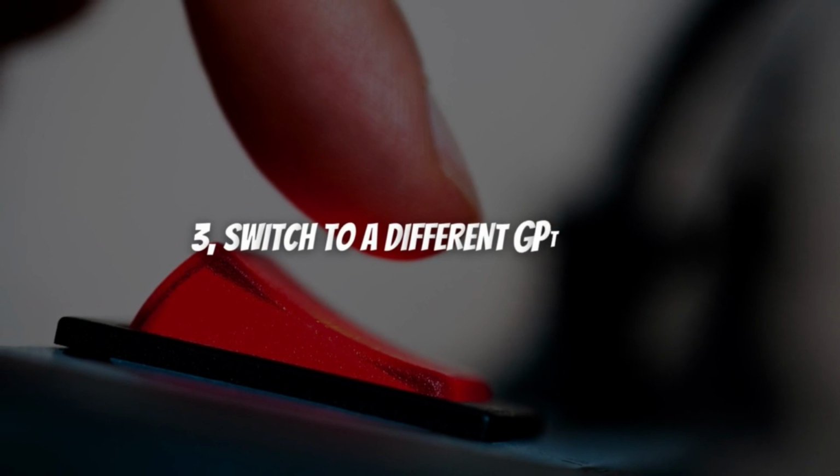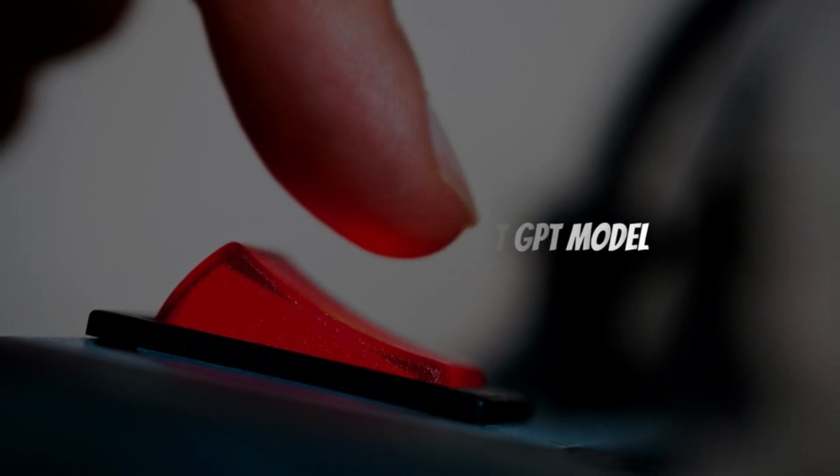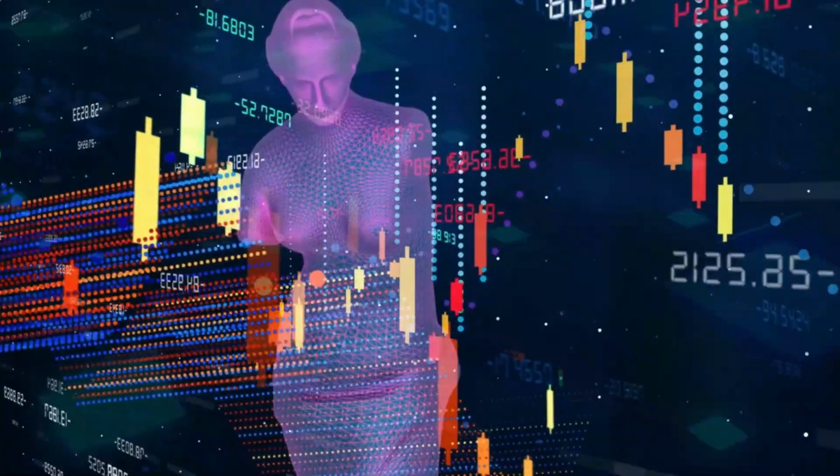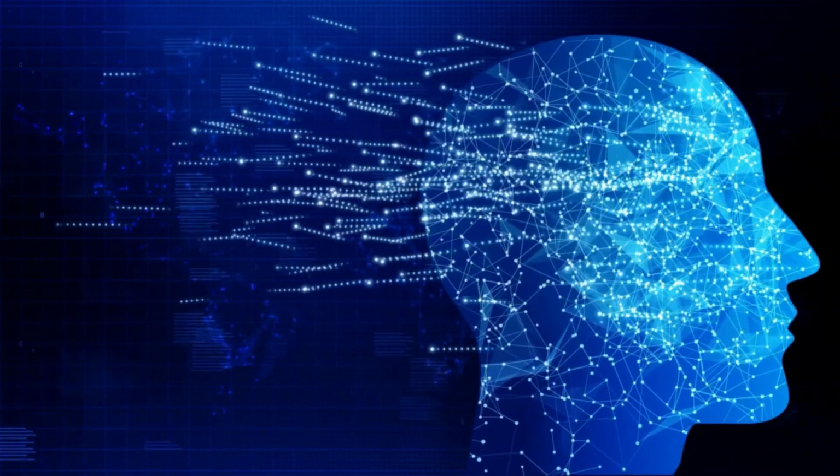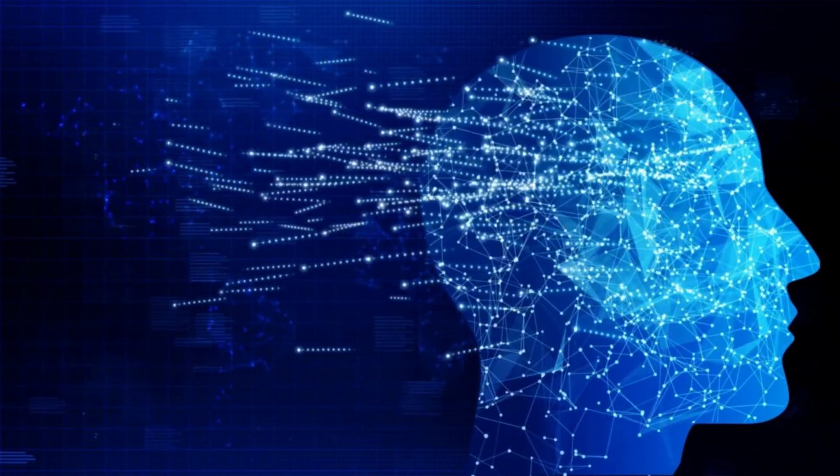Number 3. Switch to a different GPT model. The various models you can use to power GPT-3 are referred to as DaVinci, Curie, Babbage, and Ada. To switch between them, click Model in the settings bar to the right of the text box. It is set to the DaVinci model by default, but you can save money and complete prompts faster by choosing